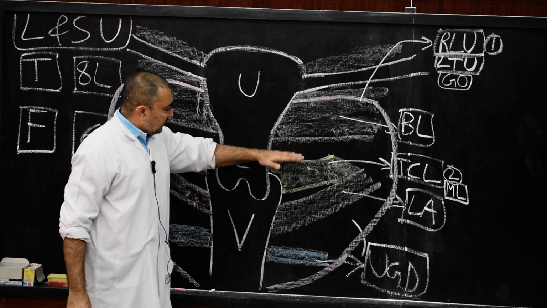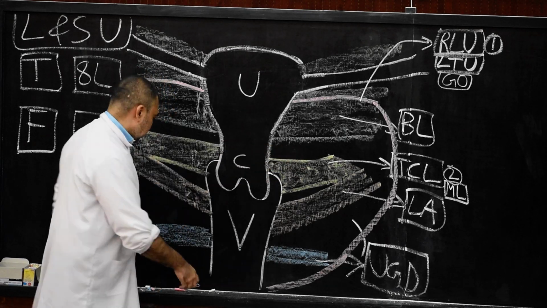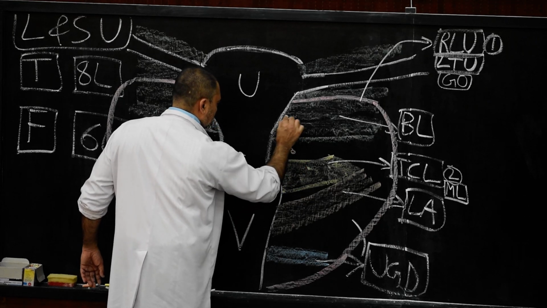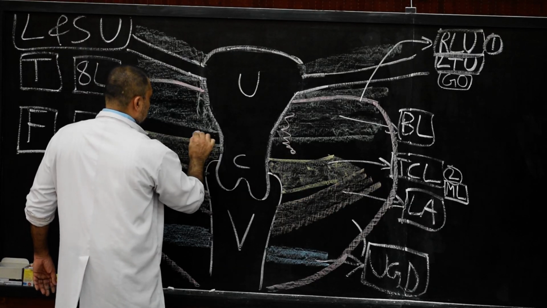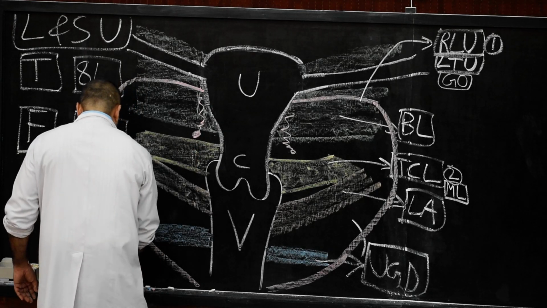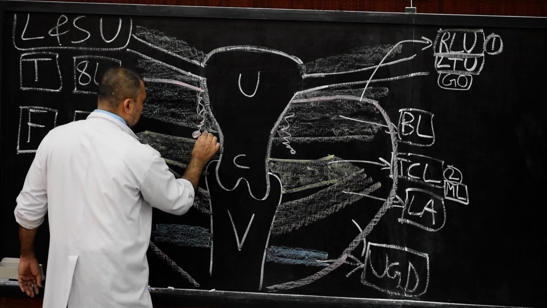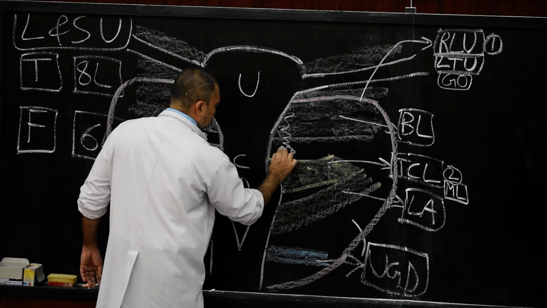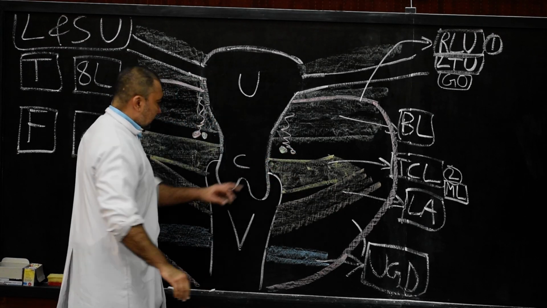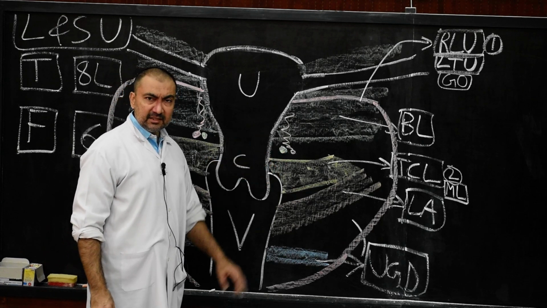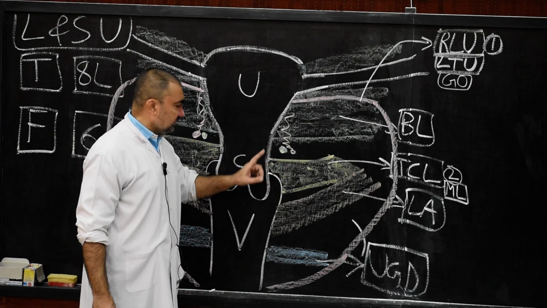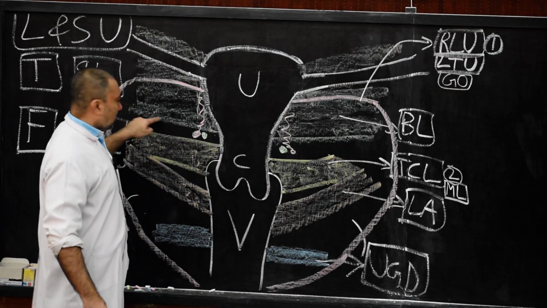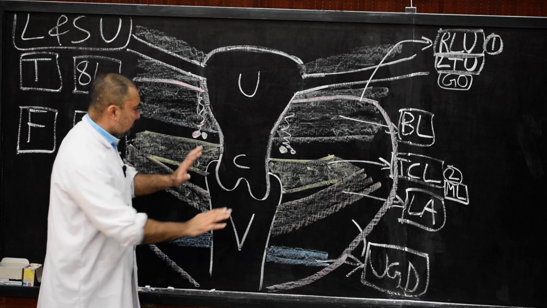What are the structures that are related just above this ligament? Very important. Two structures are related above this. Number 1, the crossing of the uterine artery in front of the ureter. So crossing of the uterine artery in front of the ureter is observed just above the transverse cervical ligament. This is also asked in one MCQ or 1 mark question answer. And above that is the lower border of the broad ligament. This much you should understand.